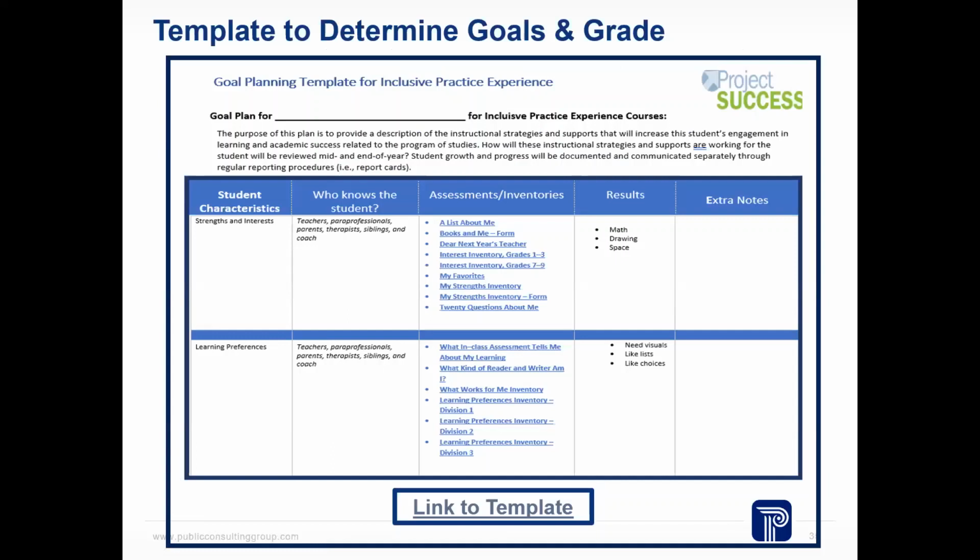This is a template that we created to help you think about goals and help you think about the accommodations and modifications that are needed when you go into an inclusive practice setting. So this is again linked to the website, but it starts off with what are the students' strengths, what are the students' interests, what are their learning preferences, how do they best present. All these guiding questions and some assessments and some inventories that you can utilize to help answer these questions are listed embedded right within this template for them